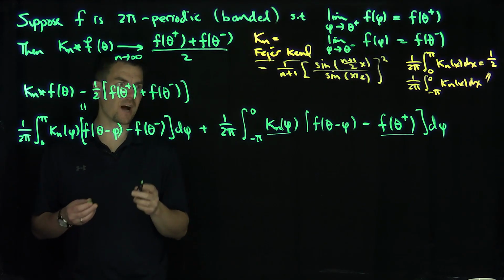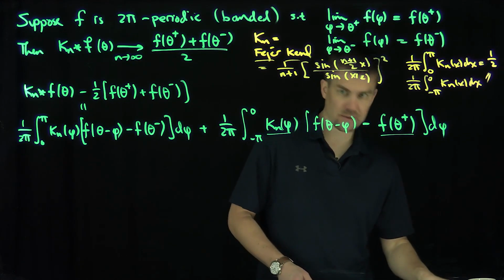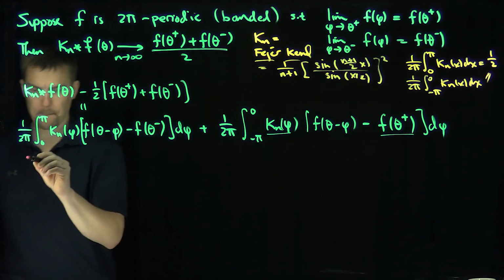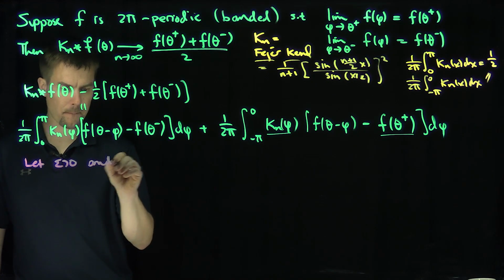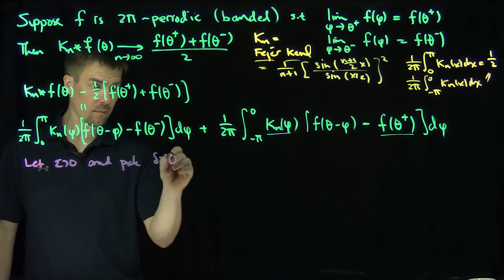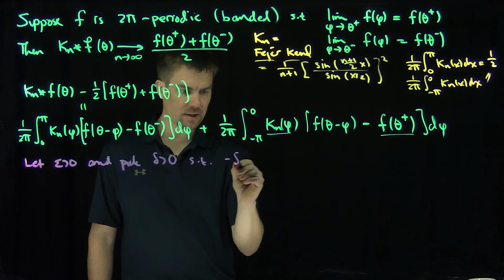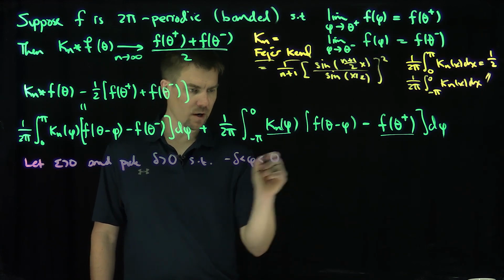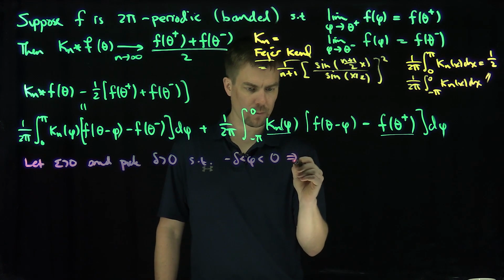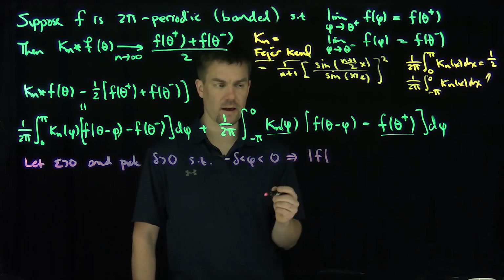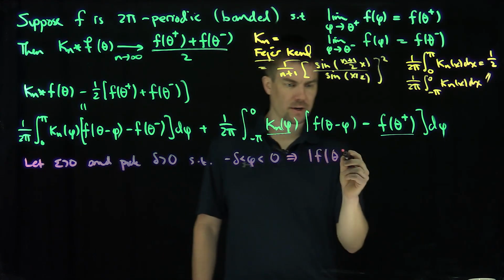Now we're going to do 2 things. We're at the phase where I'm going to use the continuity, right? So let epsilon be greater than 0, and pick delta such that if phi is between negative delta and 0, then this will imply that f of theta